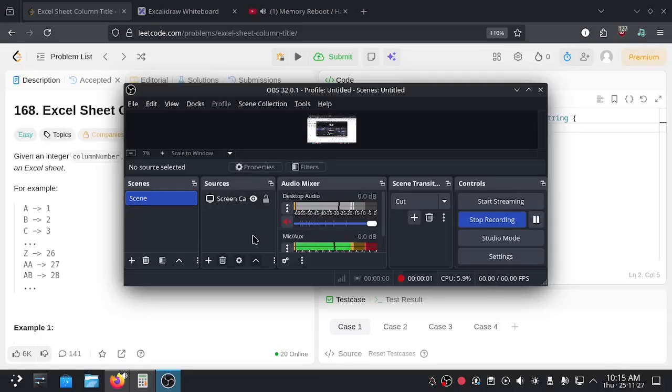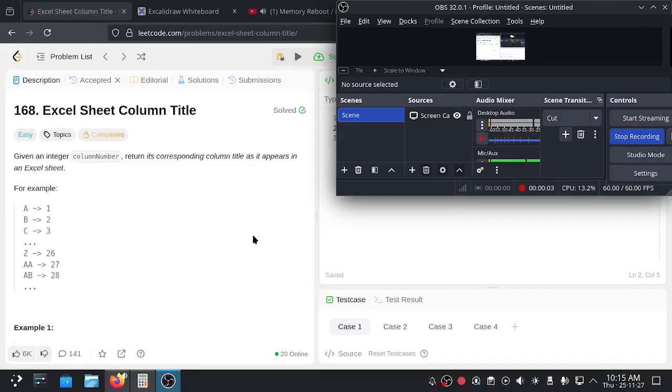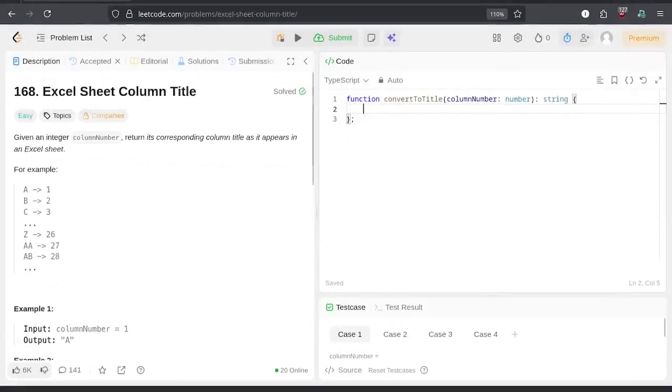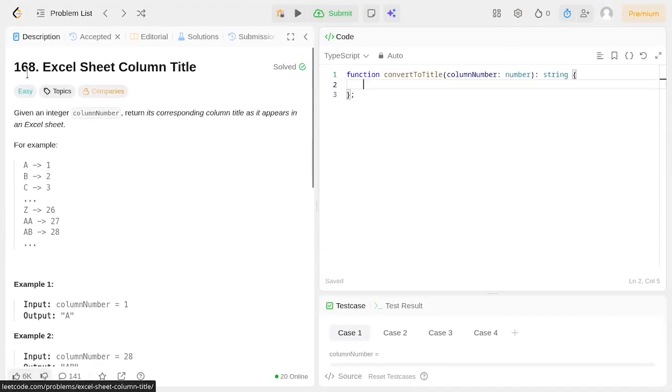Hello everyone, I'm Alfian and today we are going to solve the LeetCode challenge number 168 called the Excel Sheet Column Title. For this particular challenge, given an integer column number, return its corresponding column title as it appears in